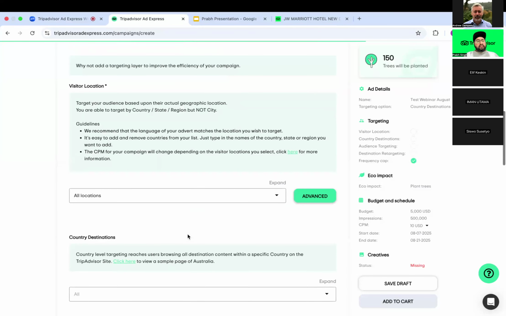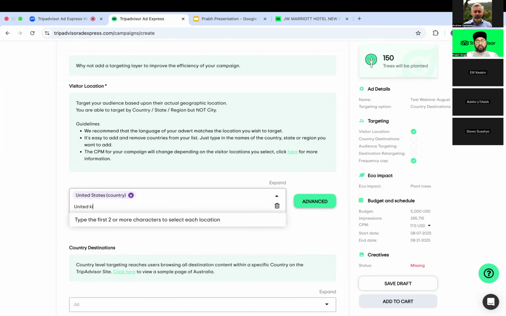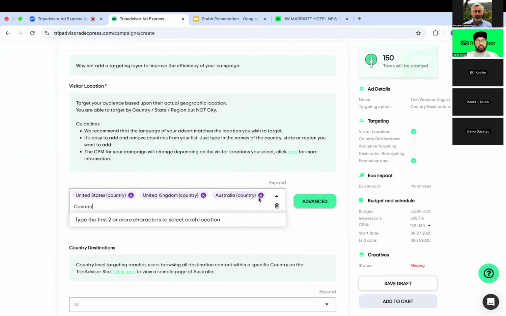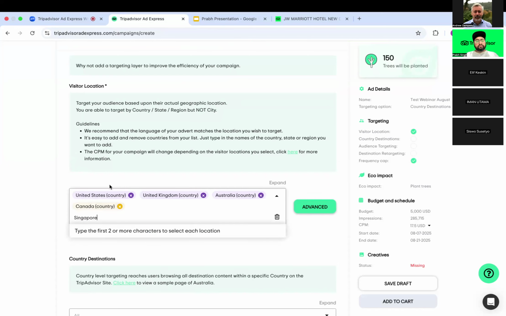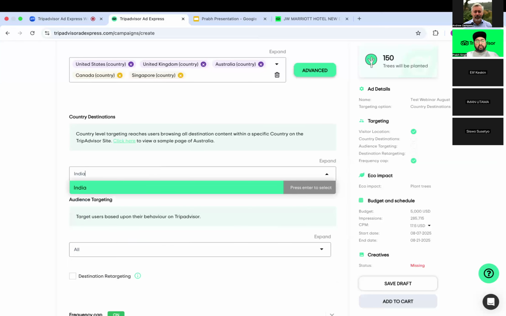The targeting layers are going to be the same, where people are right now: United States, United Kingdom, Australia, Canada, Singapore. Looking at visiting India,